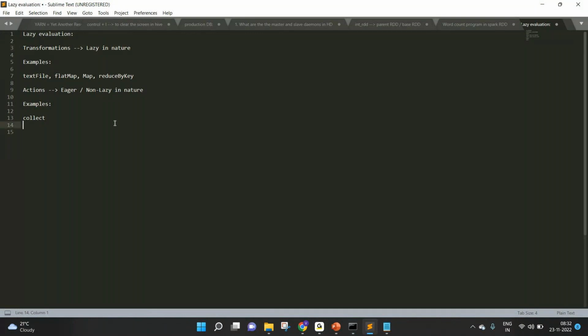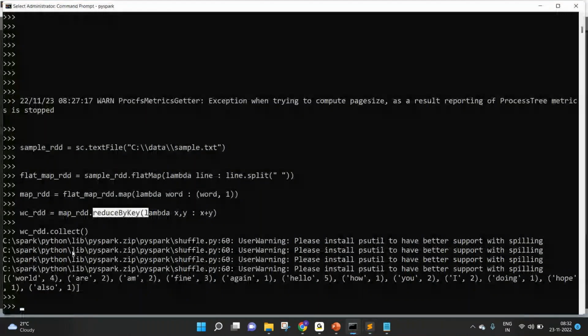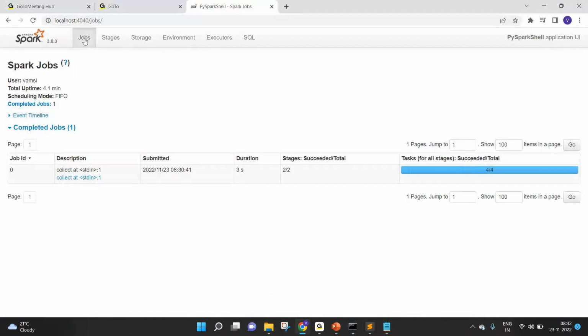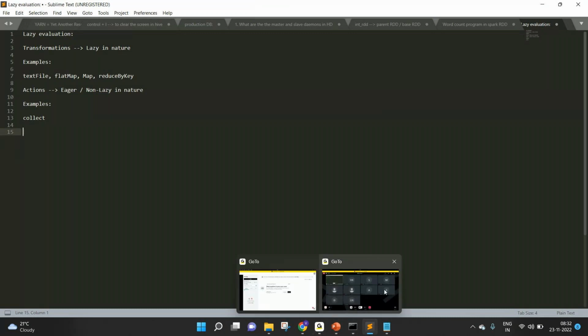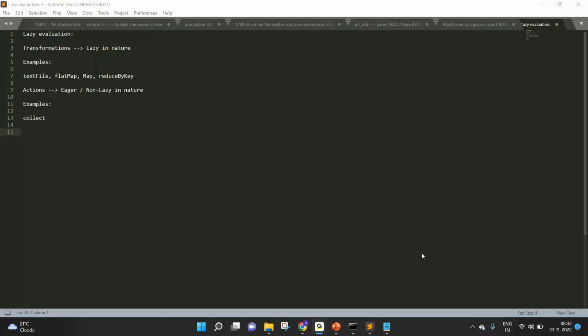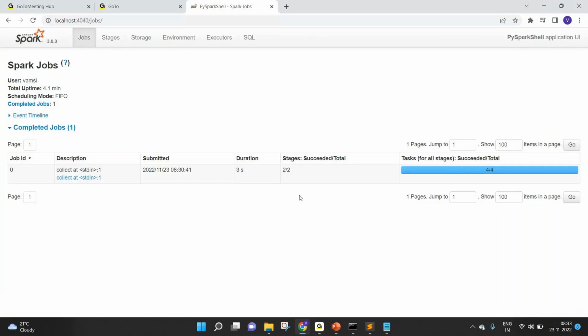That is, until really required, they are not going to do anything. They are not going to get executed until you call an action called collect. And as soon as I called collect, I can see in the jobs tab there is one entry for the collect, right? So transformations are lazy in nature and actions are eager in nature. That is, until you call an action, nothing gets executed. That is why Spark follows lazy evaluation. And as soon as I call an action, I can see one job in the